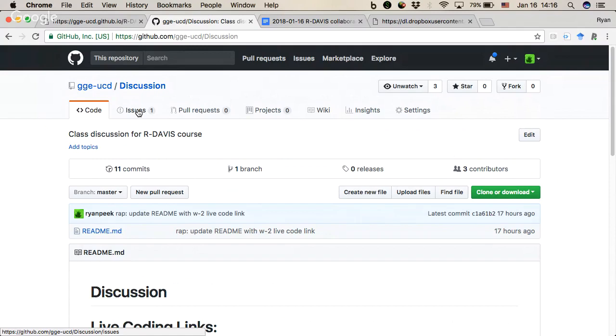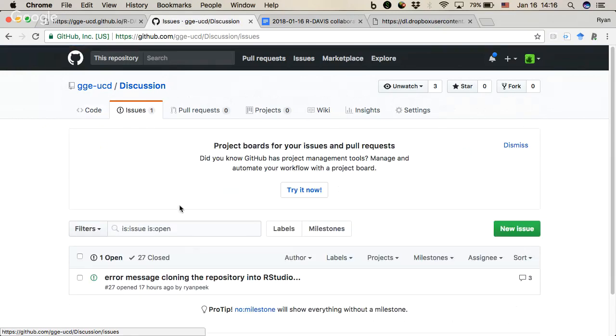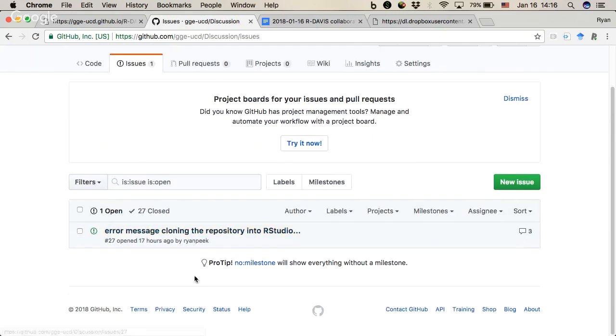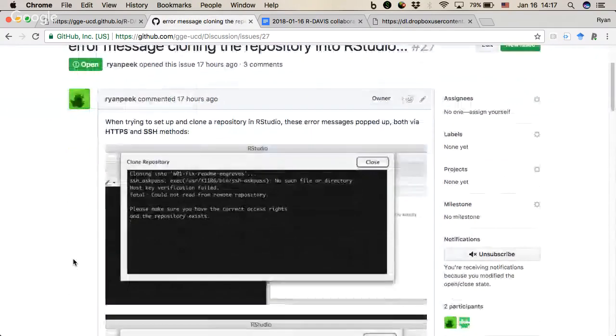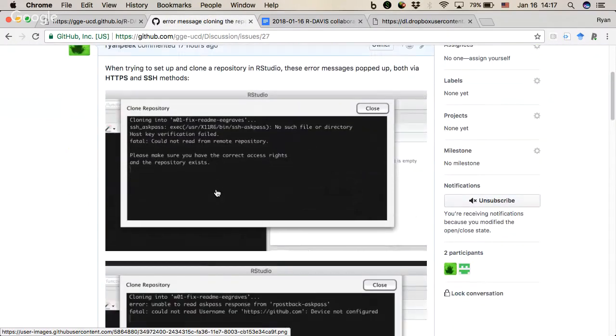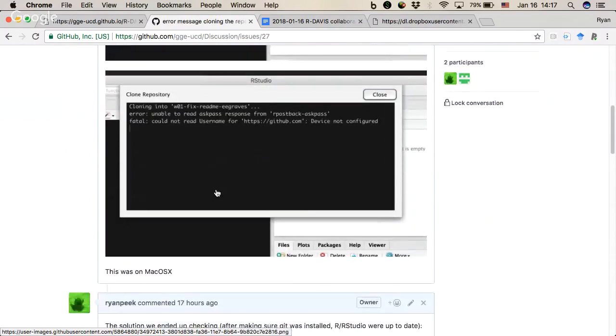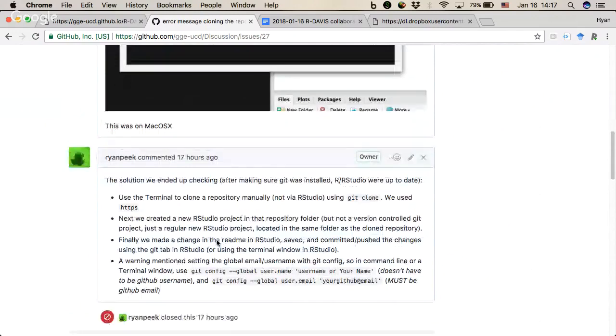What I want to do is use just this discussion issues as our place where we file questions, comments, concerns. And one of the things that has been popping up for some folks on Macs in particular is this: when you clone a repository, you get this kind of weird error message. So Emily kindly sent these screenshots to me, and we pasted these in here and said, hey, this is an issue, and here's some